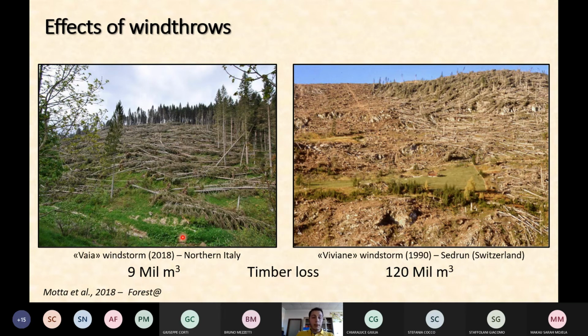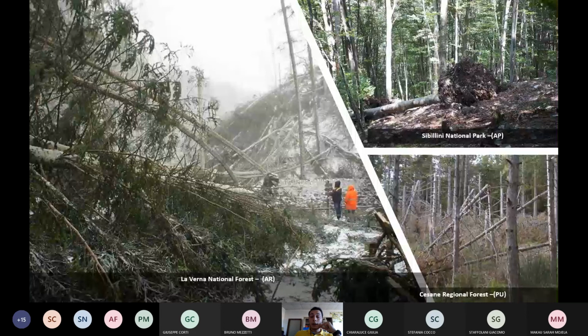So we can see that while the Vaia windstorm was an important disturbance for Italy, in fact, it was only 10 times smaller than the Vivienne windstorm or other windstorms like Gudrun that happened in northern Europe. But wind throws can happen also on a smaller scale, and this is rather common on the Apennines, with effects mostly in the conifer plantations, especially if they are not managed with appropriate thinnings. But they can also happen in